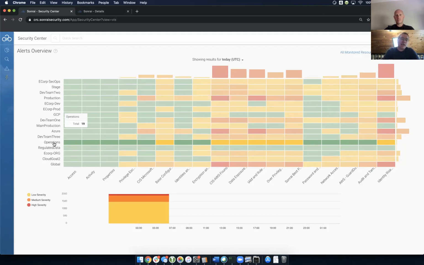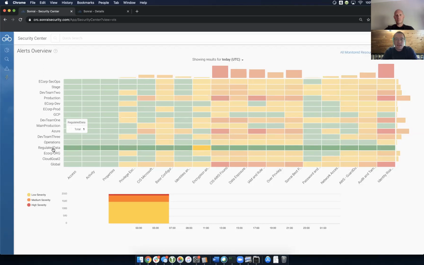And then you could take the regulated data, that highly sensitive data, and put that in a swim lane, and you could say, you know what, the only thing the data governance team really needs to know is, is there a violation with that regulated data? They don't care that there's a sandbox sitting around somewhere with administrative rights and data being copied in or out of it. It's not regulated data anyway, so it doesn't matter to them. So their swim lane looks very green, because the only thing they're worried about is that one piece of very sensitive data. And apparently in this case, there's an encryption issue with it, according to what's showing on the bottom there.